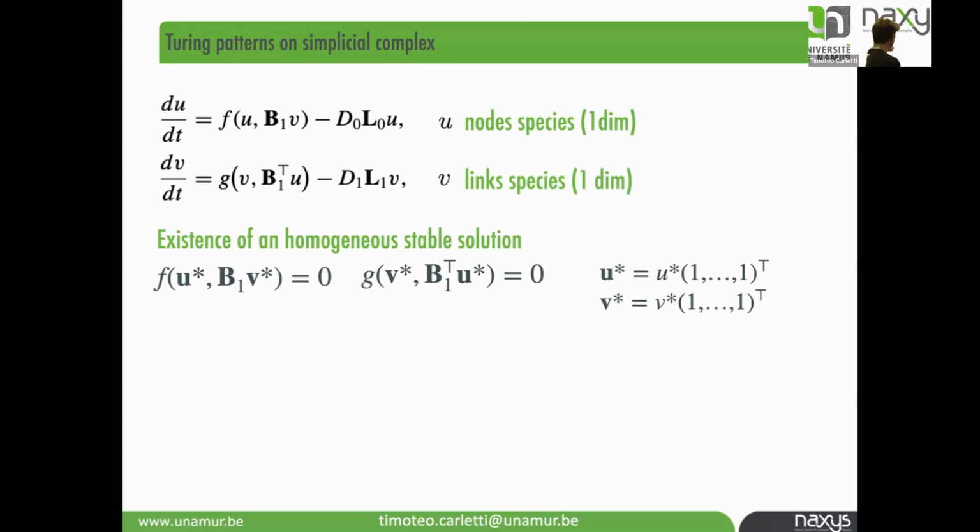So this is the reaction part. This is a vector, so you should read this component by component. The evolution of U on some node i is given by F in node i times B1 V. So again, this is the divergence of all the incoming links with some quantity V in node i. And then here you have the interaction among the nodes because of the Laplace matrix, the node Laplace matrix, so the network one.